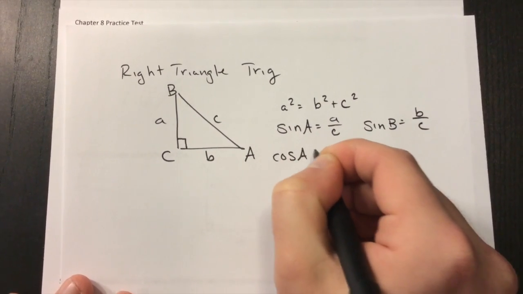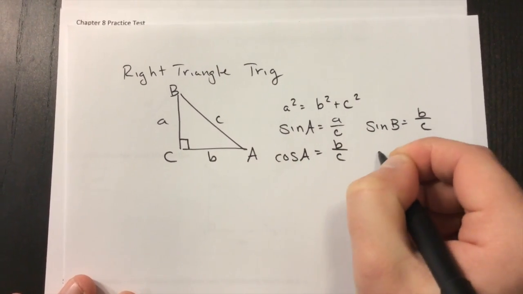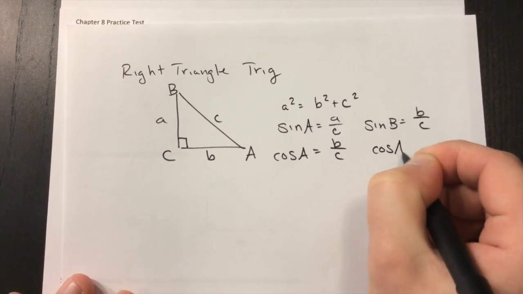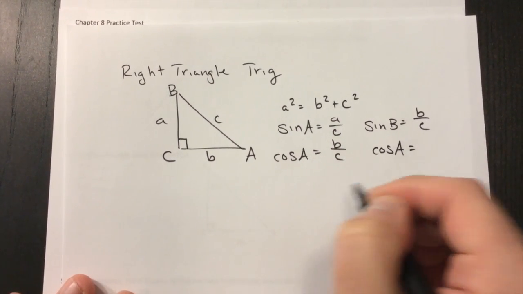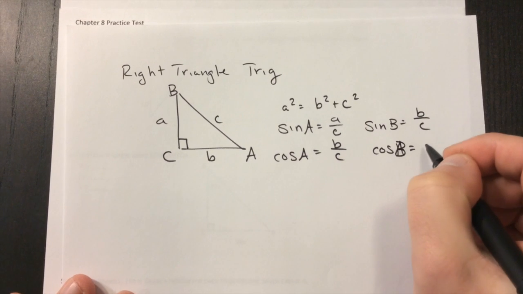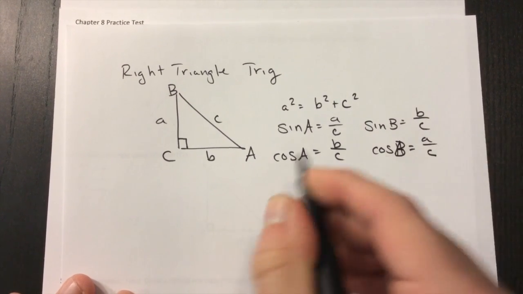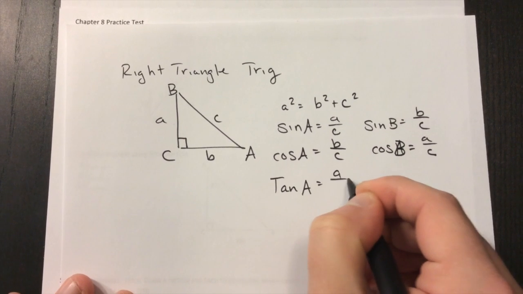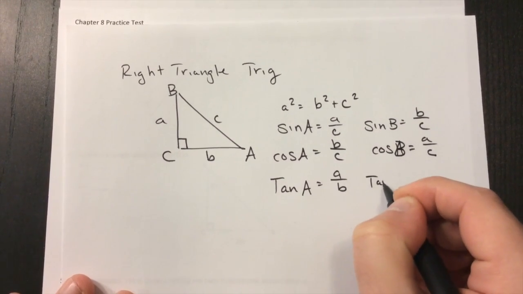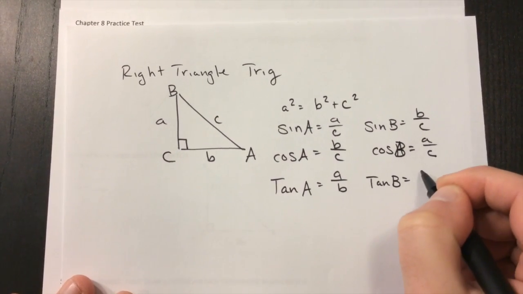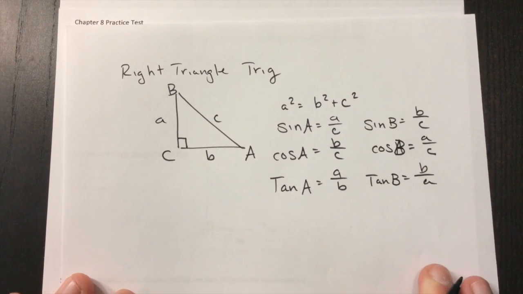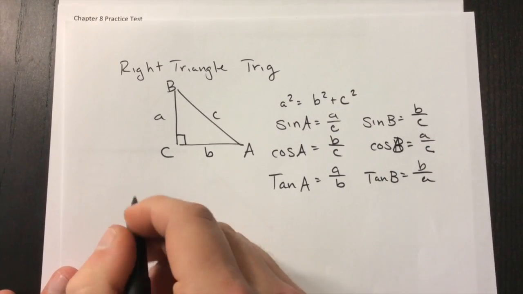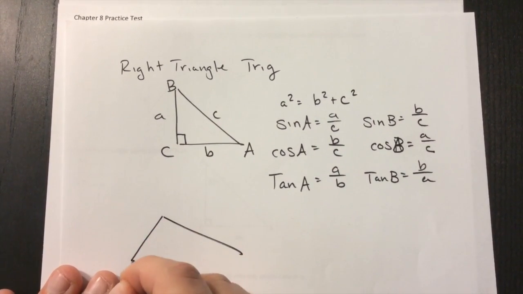Cosine of A equals B over C. And cosine B equals A over C. And then lastly, tangent of A equals A over B, and tangent of B equals B over A. Those are our right triangles. If we don't have a right triangle,